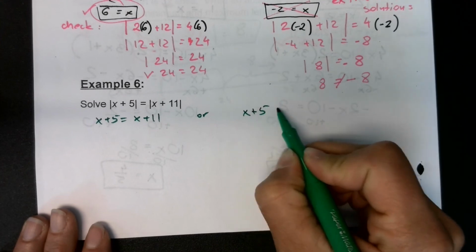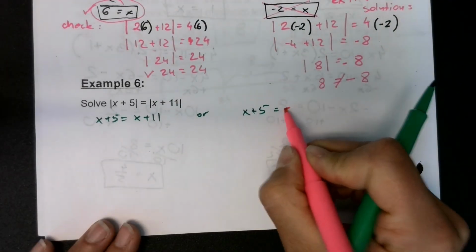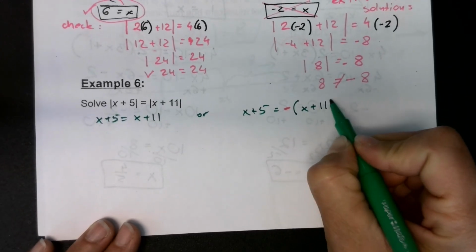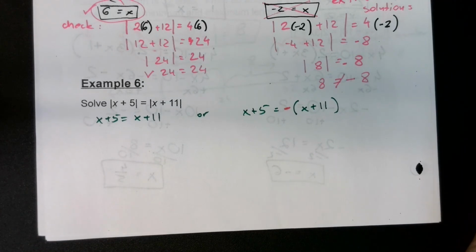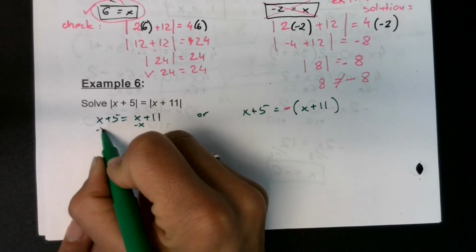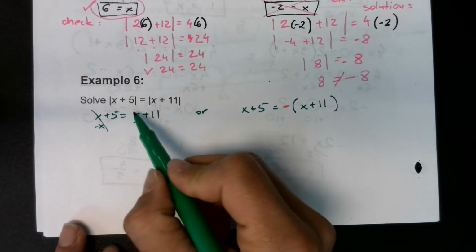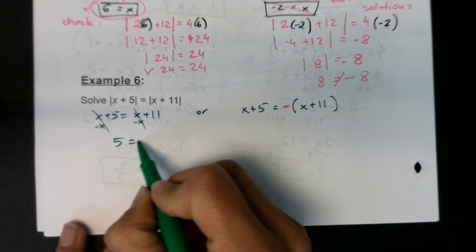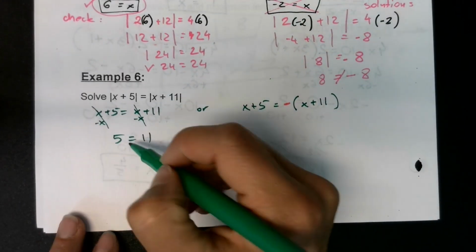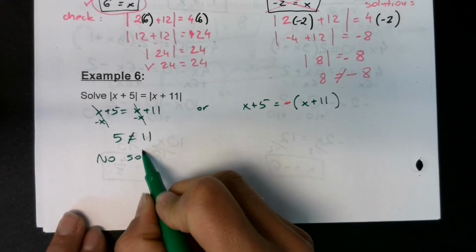Or x plus 5 equals, now remember, negative, and then you have parentheses, x plus 11. So if you simplify it, I'm going to move this x to the other side. So it happens, the x's cancel, right? So we have 5 equals 11. Is that a true statement? No, right? So that's actually no solution